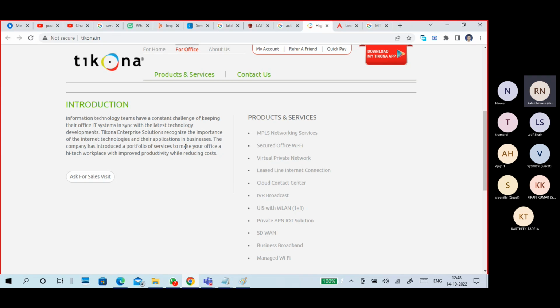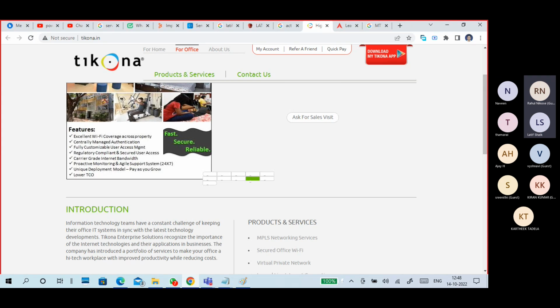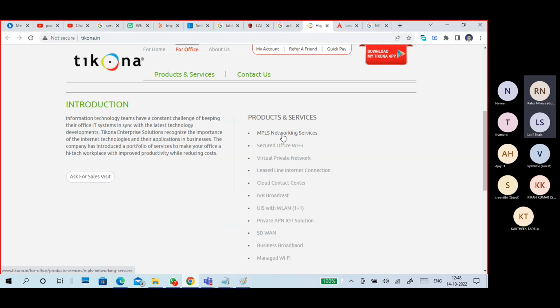Of course, Ticona is also one of the companies that will connect with a broadband connection type.